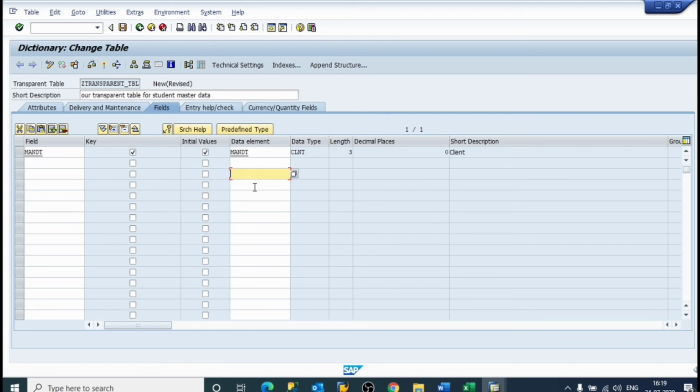MANDT means that this table, our Z transparent table, will be shown in the SAP system of a particular server. MANDT will help us to access the table within the SAP system. So we write MANDT. Now we will write all the different fields. Now I will write roll number.